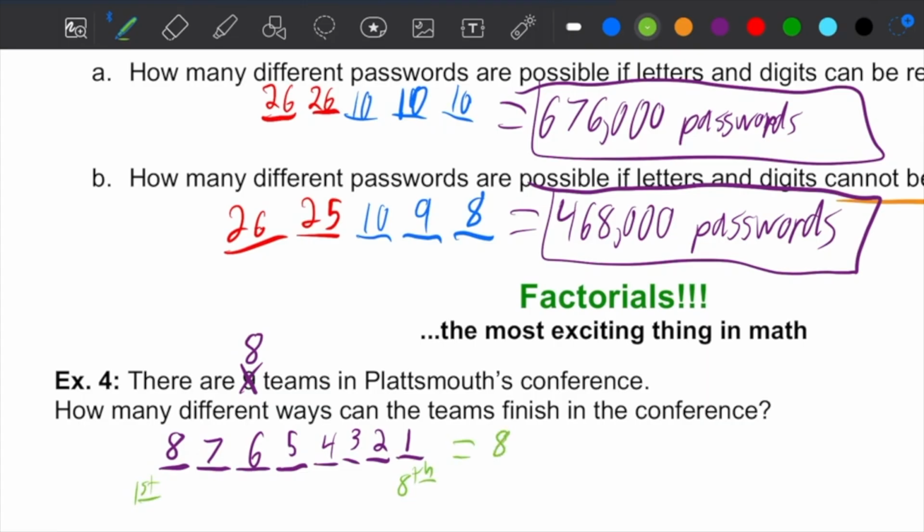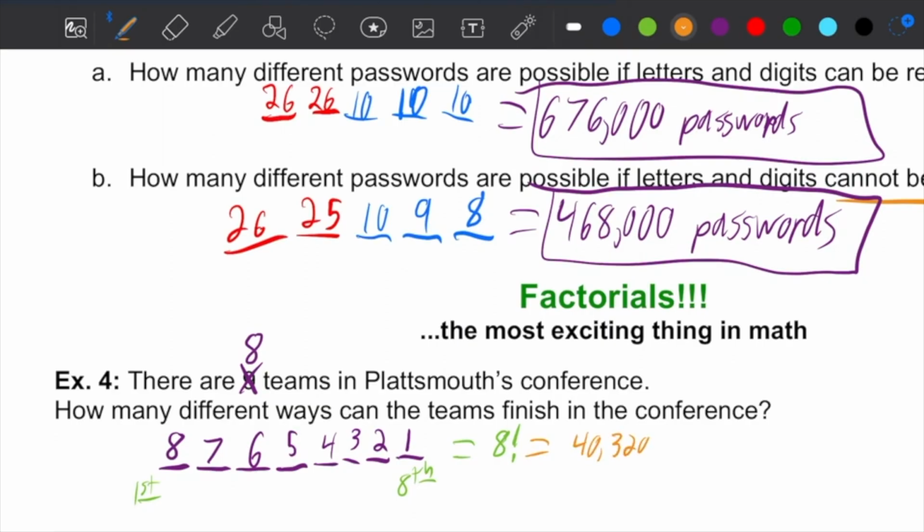And this would give you the same thing as what we call 8 factorial. 8 factorial is defined as that number times every number before it. So 8 factorial is 8 times 7 and all the way down to 1. Whereas like 20 factorial would be 20 times 19 times 18 times 17 times 16 all the way to 1. And 8 factorial would equal